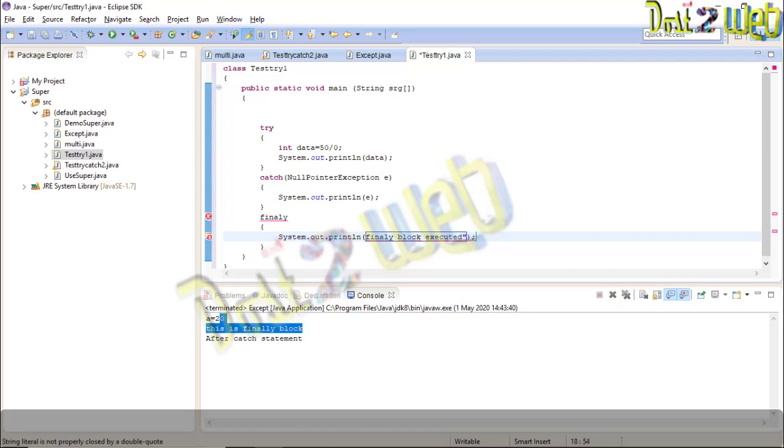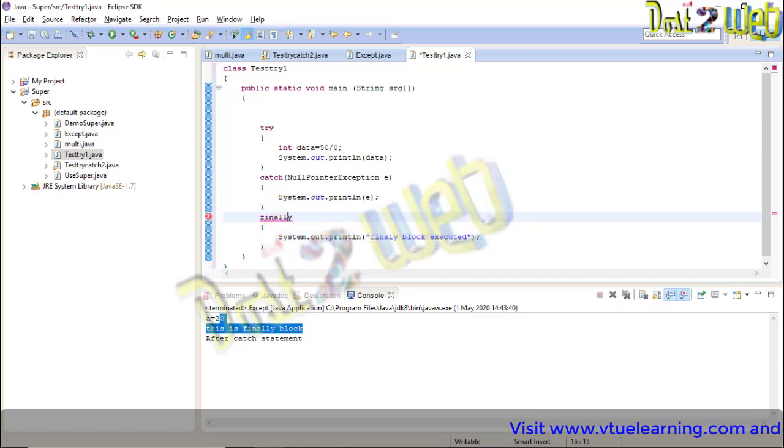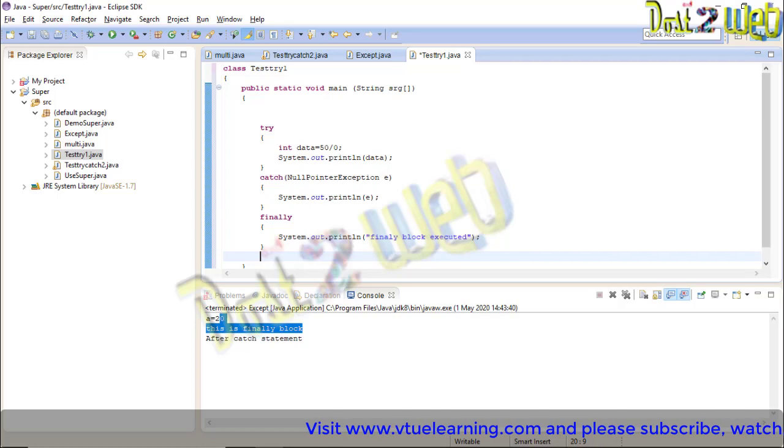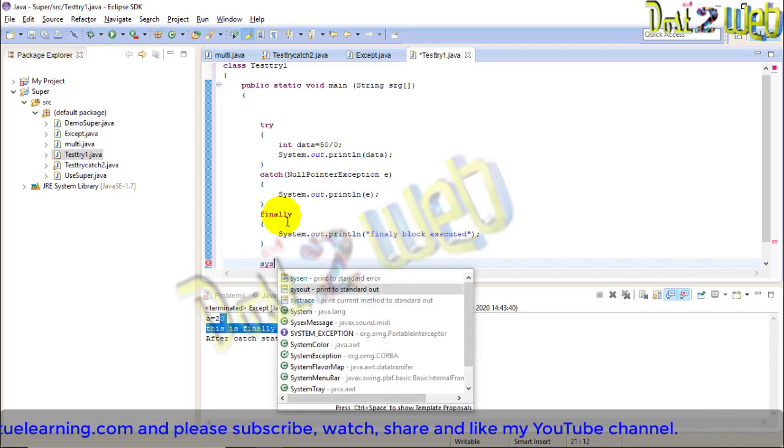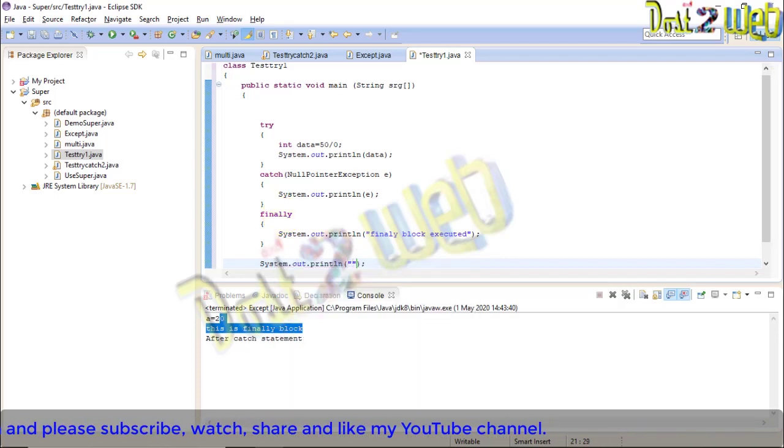We have missed the inverted comma. If you want to give something after this also, a printing statement, you can give. Rest of program.